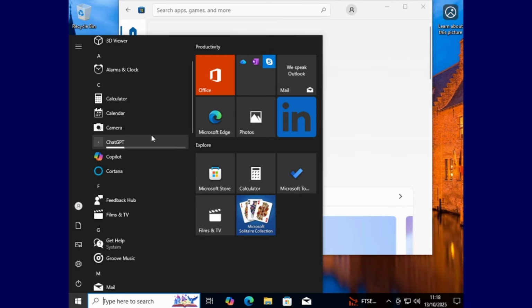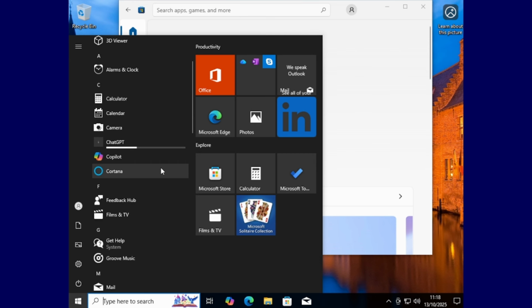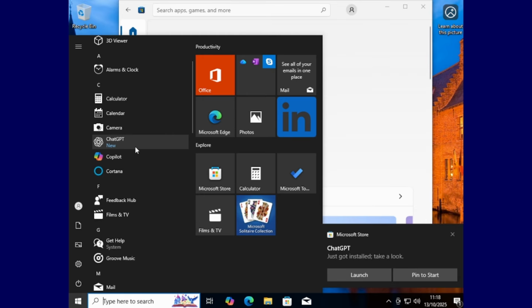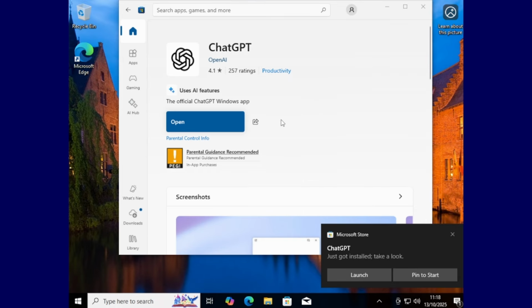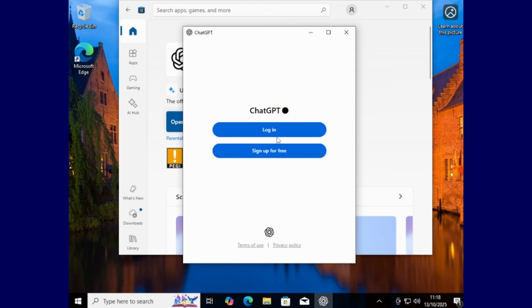So this is Windows 10 build 22H2. Now, this build obviously came out after Windows 11 came out, so it was the final build for Windows 10, because when Windows 11 came out in 2021, it had some, well, what I believe to be arbitrary system requirements. And the reason I believe they were arbitrary is because, yes, oh look, there we go. Now we've got a standard desktop app installed on Windows 10.